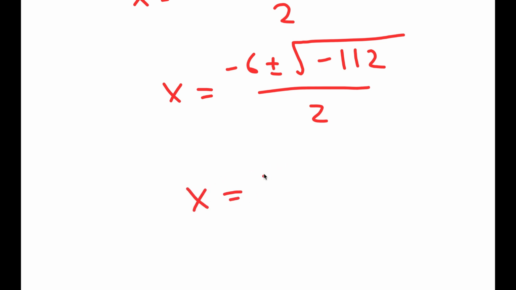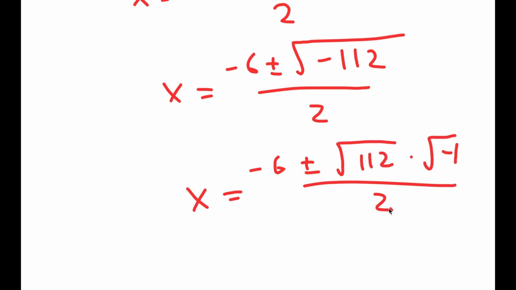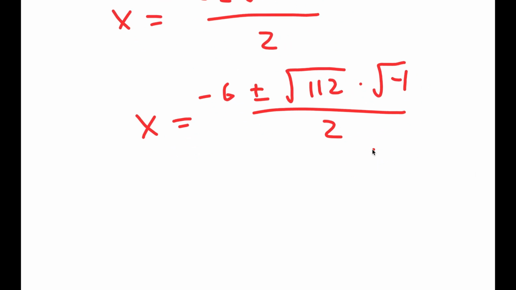And now I'm going to rewrite this as negative 6 plus or minus the square root of 112 times the square root of negative 1 over 2. And now, before I do anything with the square root of negative 1, I'm going to first simplify the square root of 112. So the square root of 112, I'm actually going to write this over here,